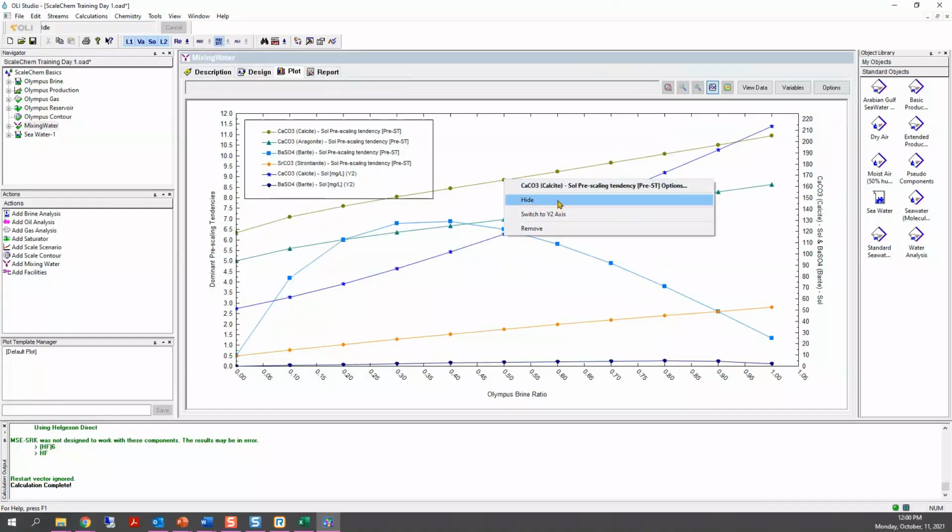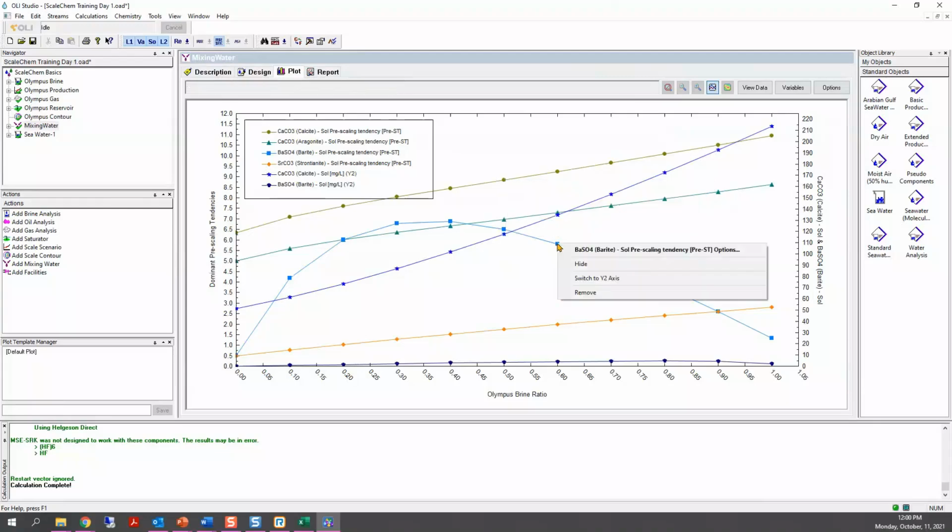So what did you click on to get to hide? You select any point of that line and right-click on it, and then select the option hide. I'm getting options and select data, but is it in plot options? No. Let's say I'm going to do it with this barite down here.